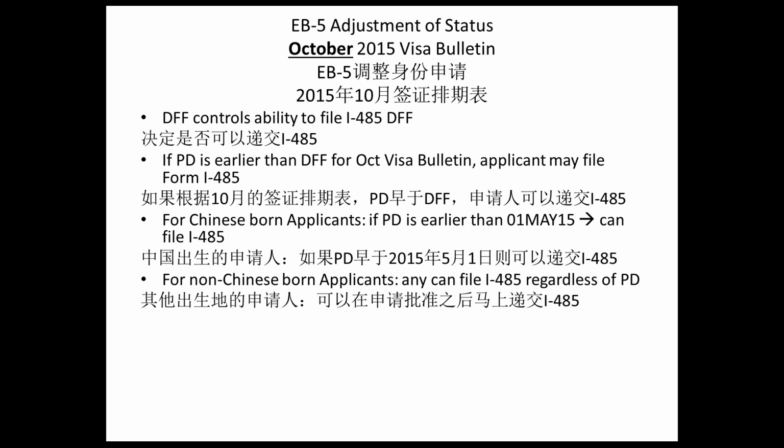So again, for October, the date for filing controls to file the adjustment, anybody, which is everybody, before May can go ahead and file an adjustment. People who are not born in China, obviously they can file an adjustment. So this is a very wonderful thing that happened in October. 所以在10月里面呢，只要是你的526申请已经批准了，几乎就是可以，如果你是中国的申请人的话，几乎就是可以递交485了。然后对于非中国出生地的申请人来说，只要526申请批准以后，你就可以在任何时间递交转身份申请的485申请。